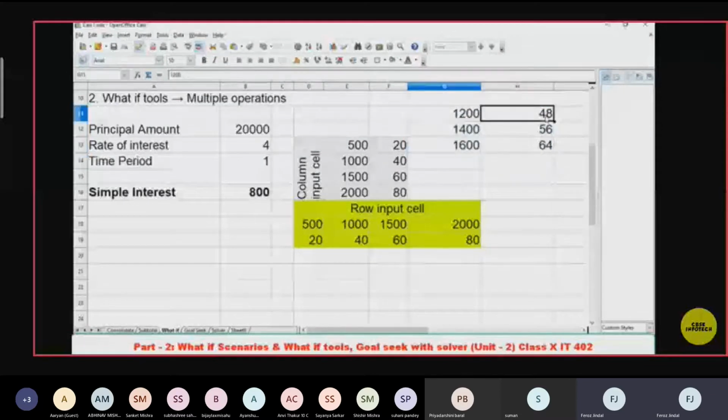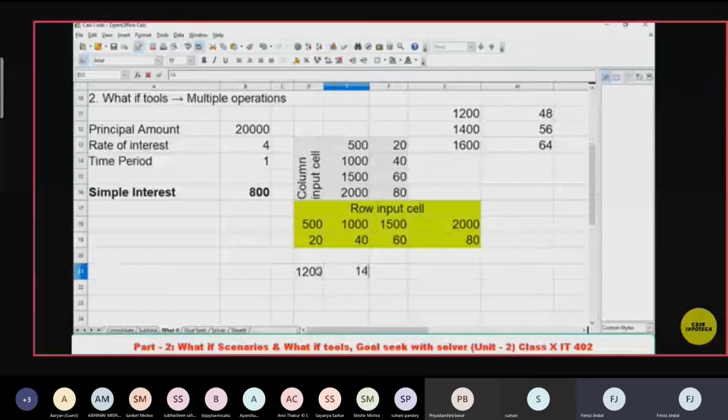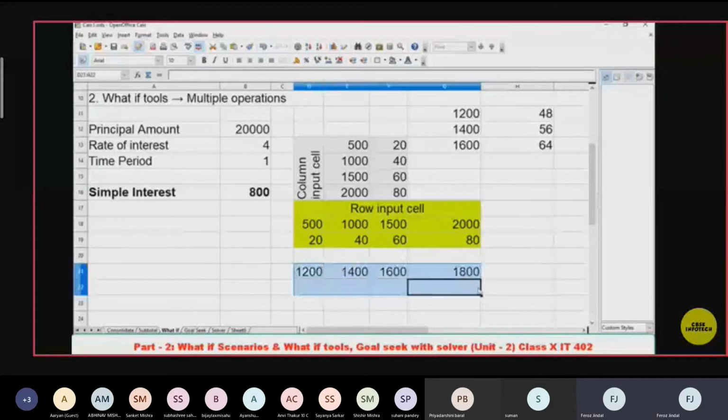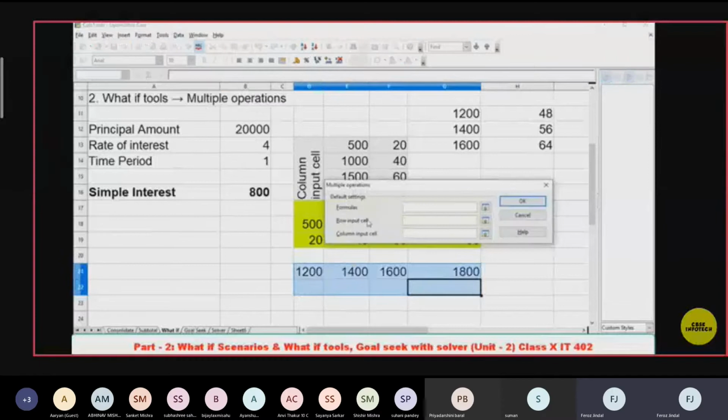Now if you want row wise input, you start putting 1200, 1400 and 1800 in a row wise manner. Now go to the data part, then multiple operations. The formula will be the same, 800, and now I want to use the row input.